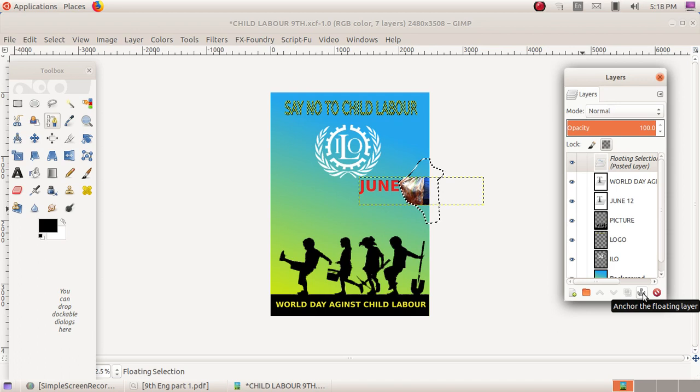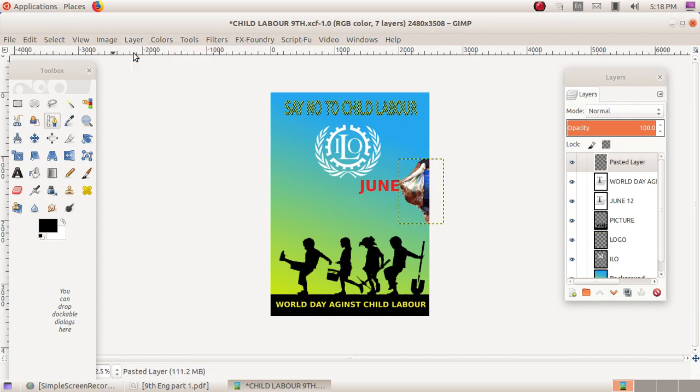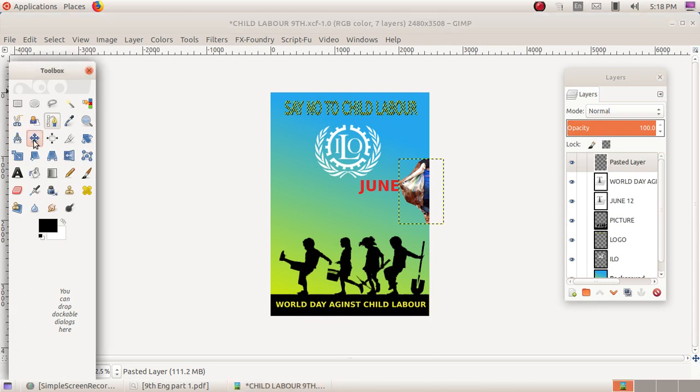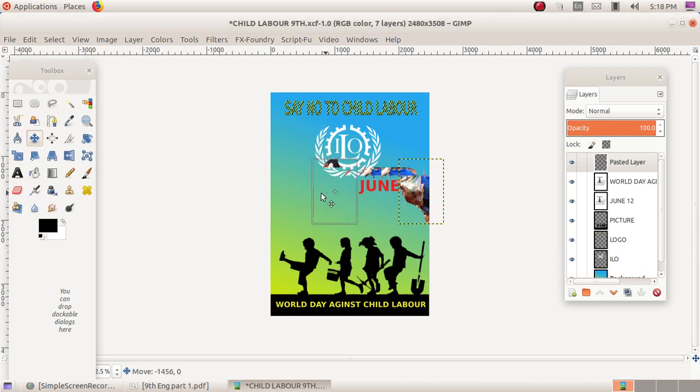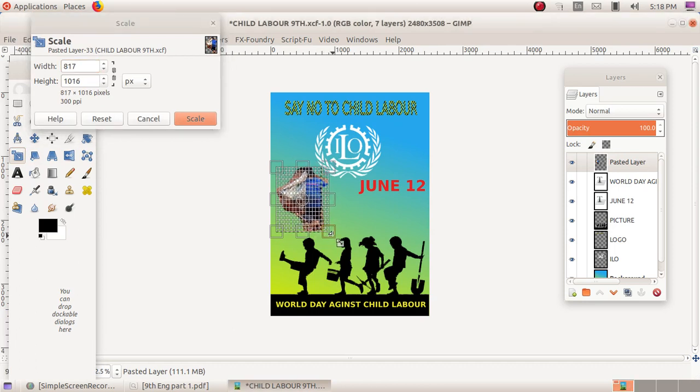So go to Layer, New Layer. That is a separate, pasted layer. Then using the move tool, you can move this picture like this, and you can use the scale tool for changing the size of that picture.